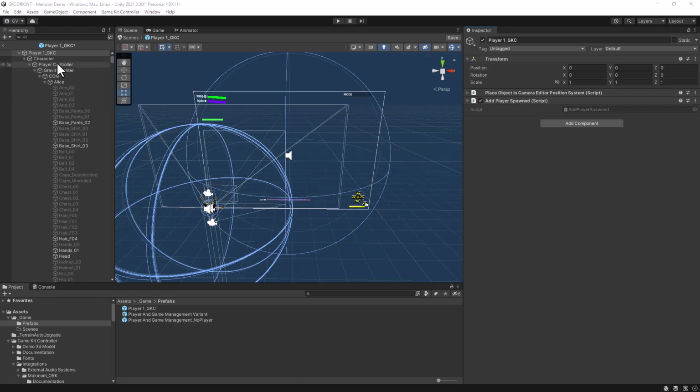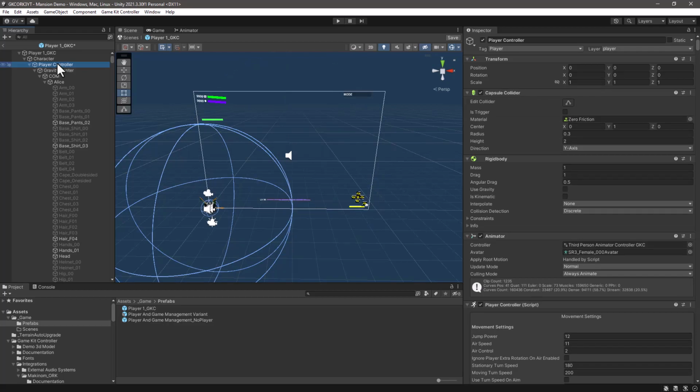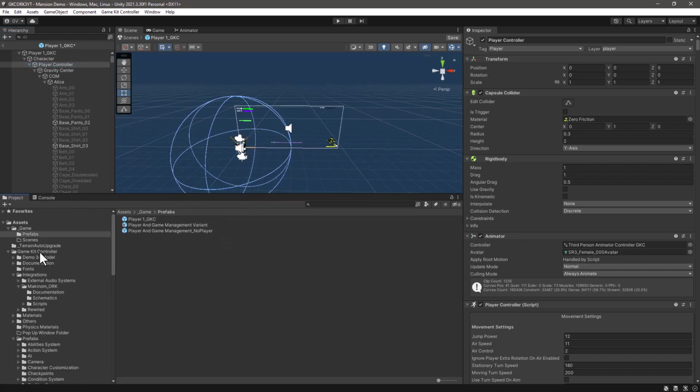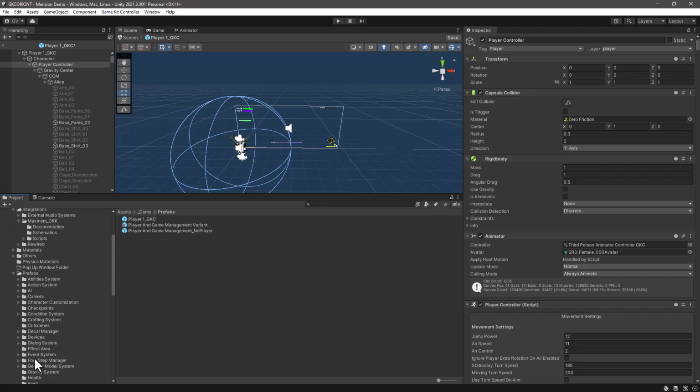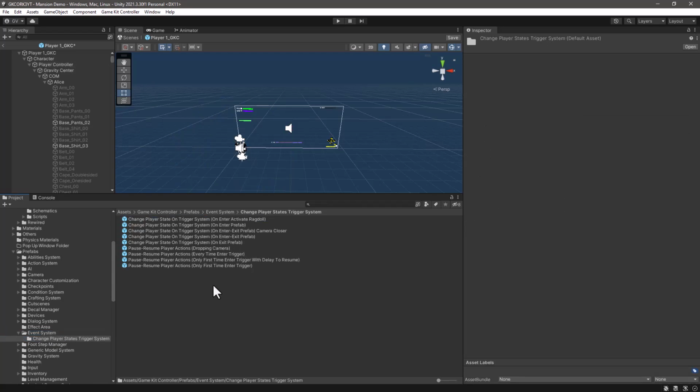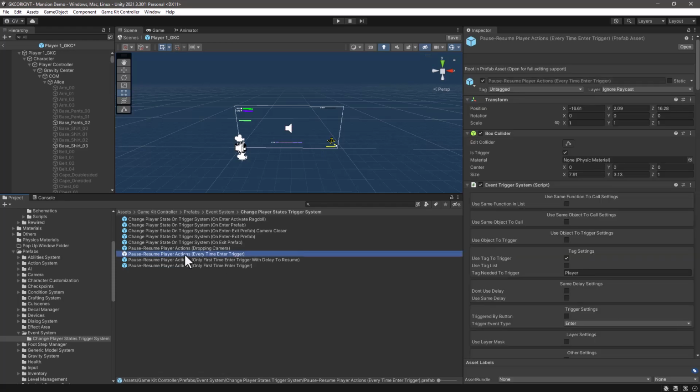Next step is in the player controller. We need to add the pause or resume player controller and camera system component. And the easiest way, according to the documentation, is go into the GameKit controller prefabs event system and copy the component from any of these prefabs. So let's do that. GameKit controller prefabs, event system, change player state trigger system, and select the pause resume player actions,